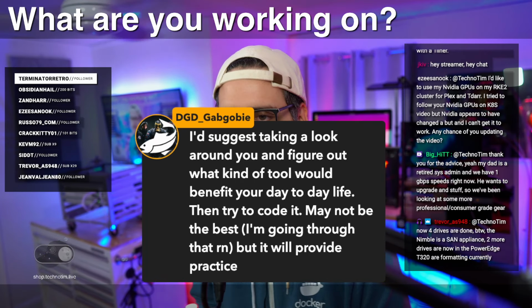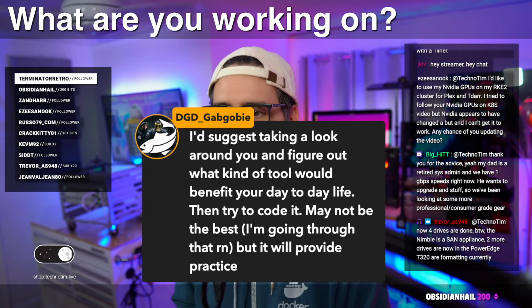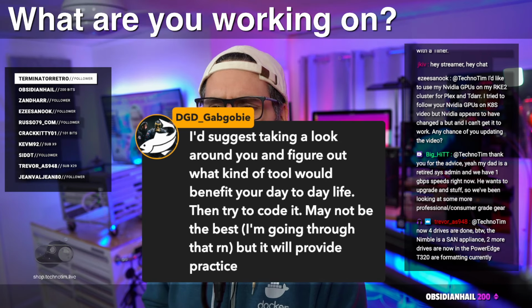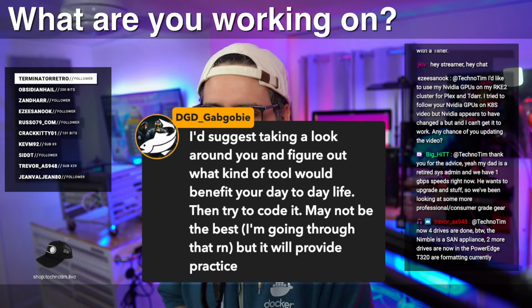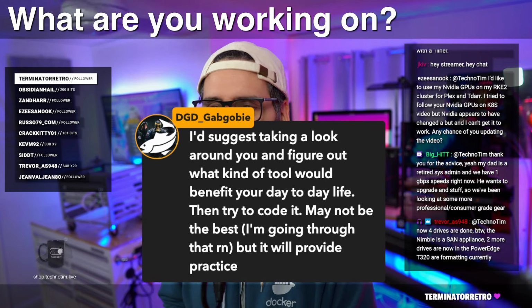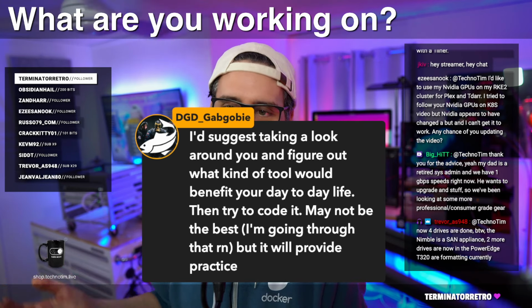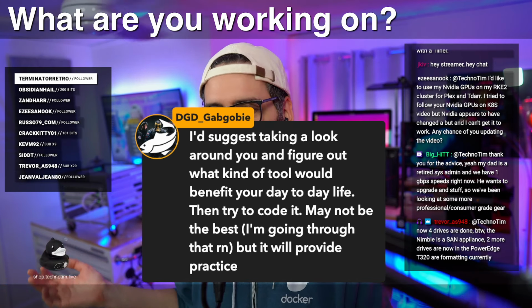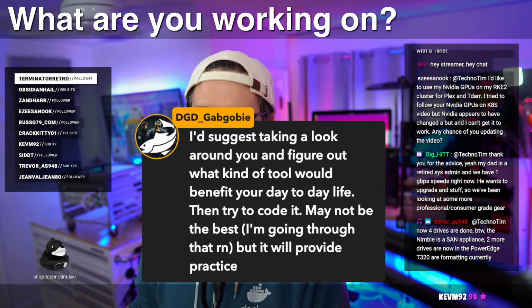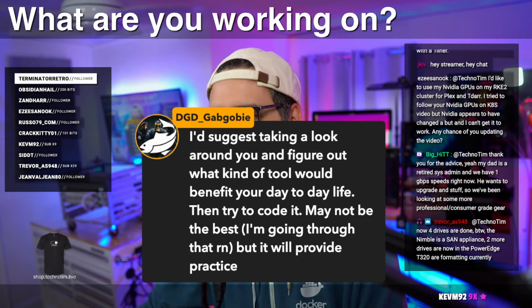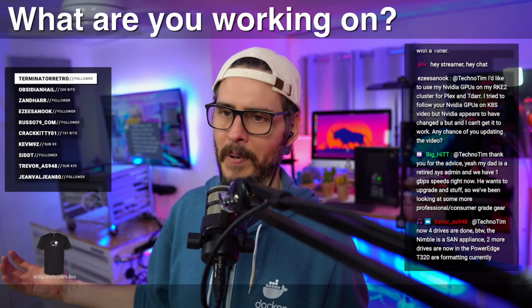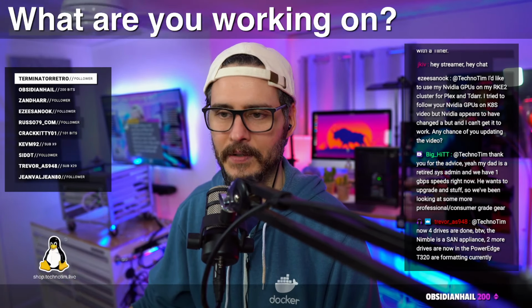Gabodi, I'd suggest taking a look around and figuring out what kind of tool would benefit your everyday life. Then try to code it. Maybe not the best, I'm going through that right now, but it will provide practice. So going back to, hey, I want to learn Python, what the heck should I do with it? I totally agree.